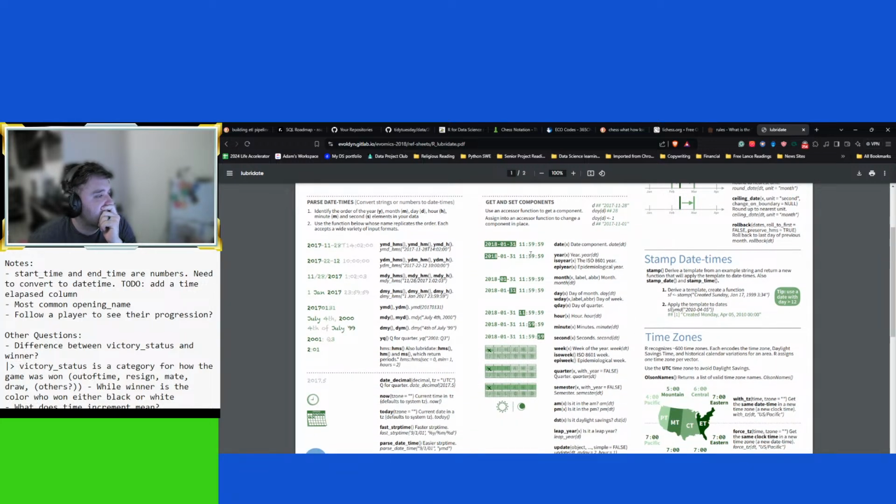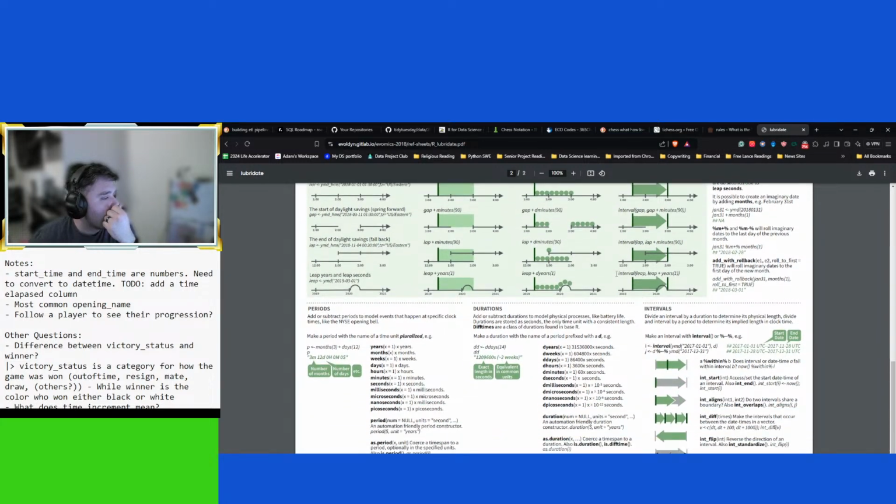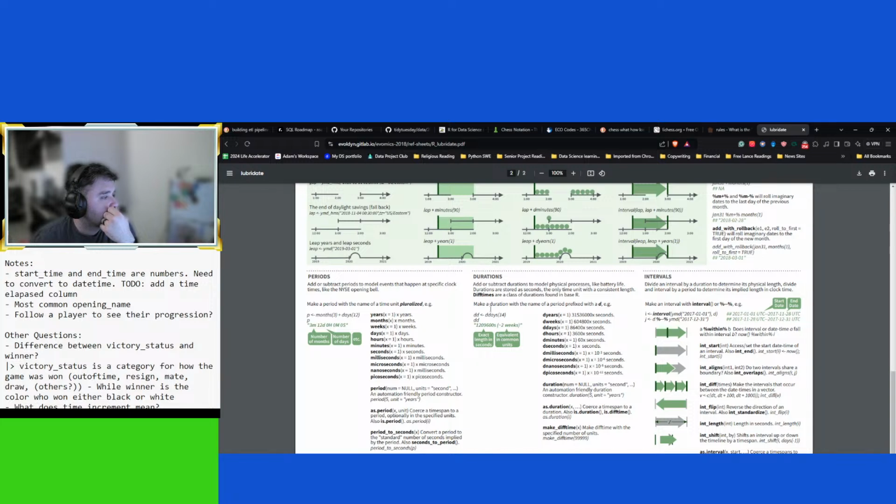Or sorry, I thought there was a function that converted a number into times. Convert a period to the standard number of seconds implied by the period, also seconds to period.